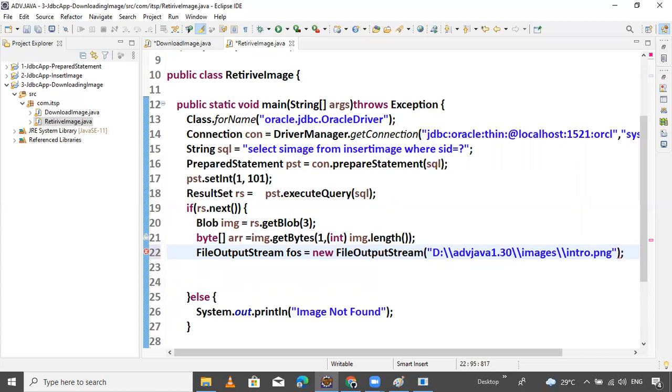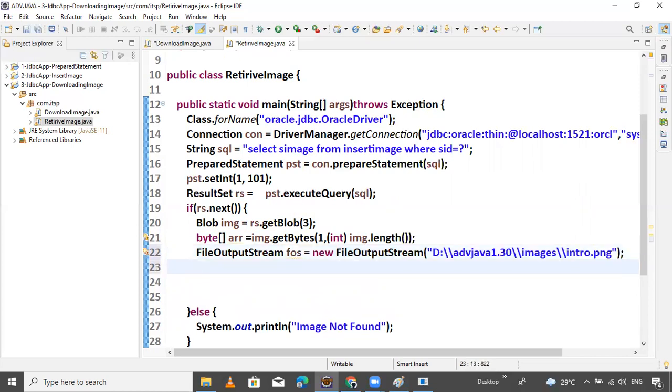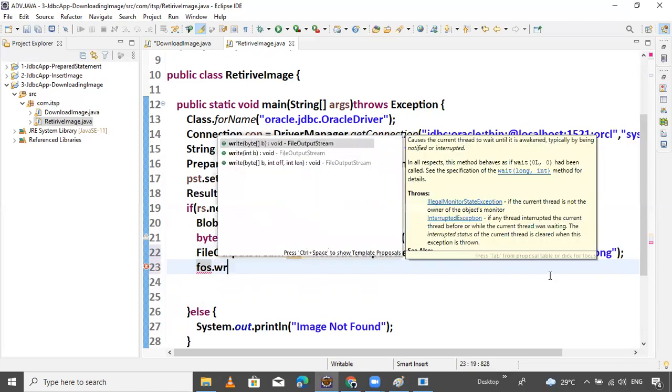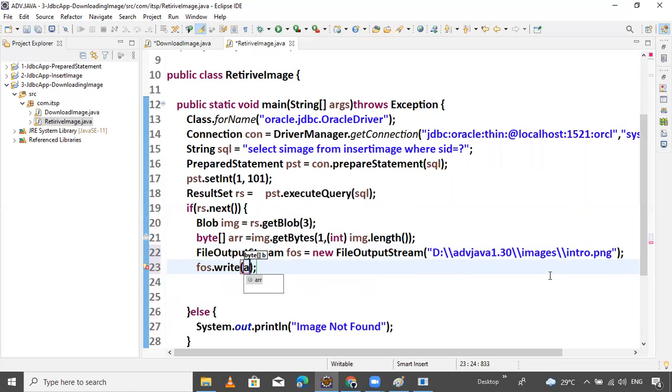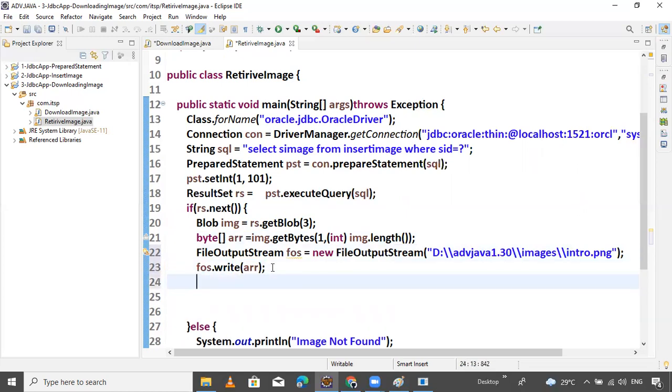That's it. intro.png, and we are getting the data. Then fos dot write, byte data, byteArr. Which data is inside the byte array? Write all the data into the FOS file. This is easy. Now after that you can flush and close the FOS.